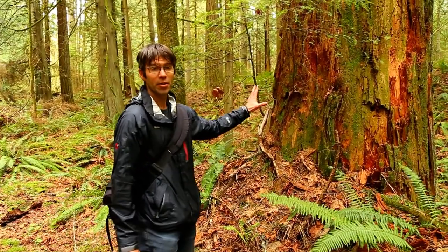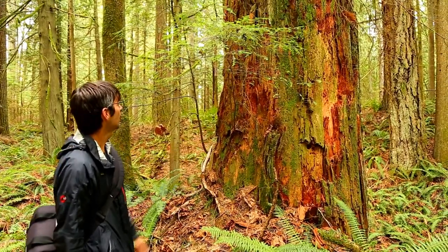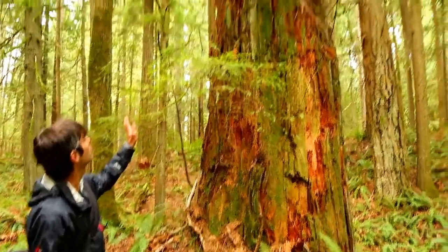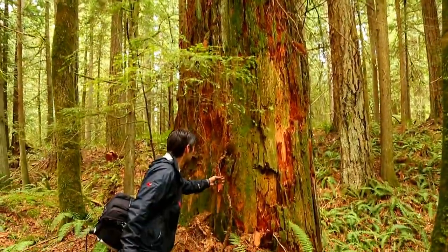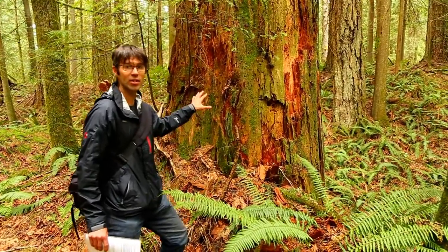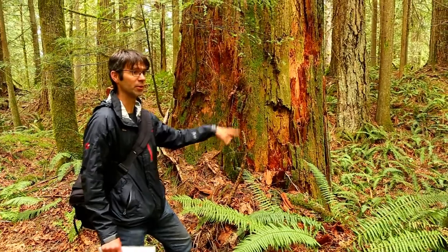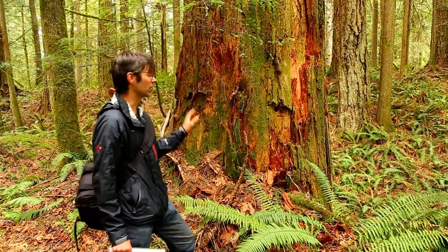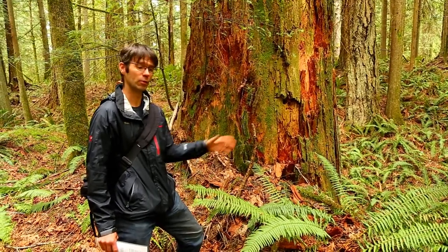So again, another snag here, probably decay class 7, no bark, broken off at the top, fairly well decomposed. Sometimes you'll see snags like this that have been ripped into by wildlife, or logs laying on the ground that have been shredded by wildlife. Well, there are lots of grubs that grow in these logs, and bears will rip them apart looking